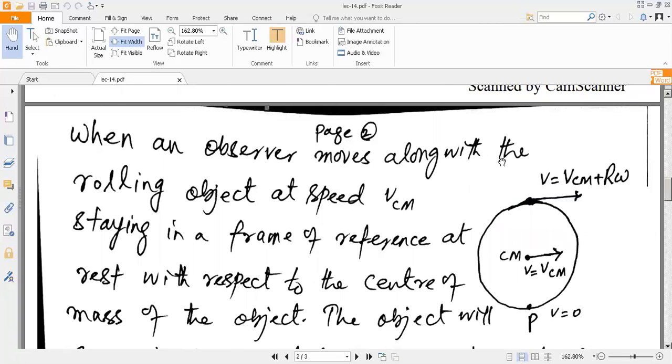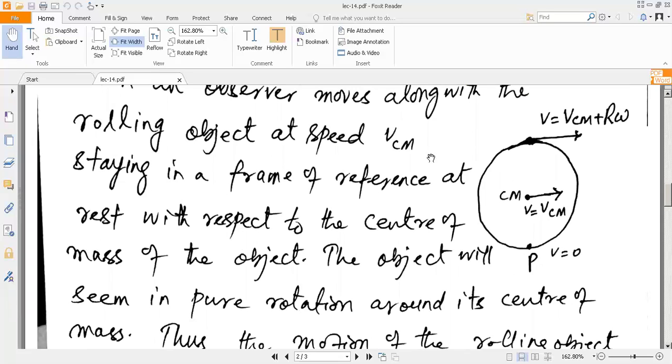When an observer moves along with the rolling object at the same speed as that of its center of mass, then we say that observer and center of mass are stationary with respect to each other. So staying in a frame of reference at rest with respect to the center of mass of the object, as both the observer and the center of mass are having the same translational speed which is VCM,